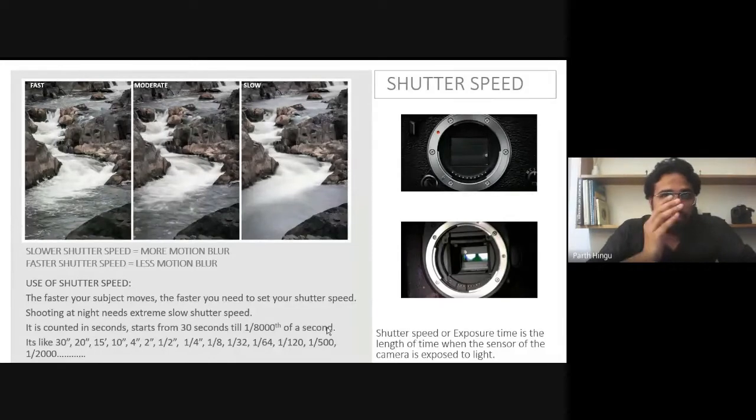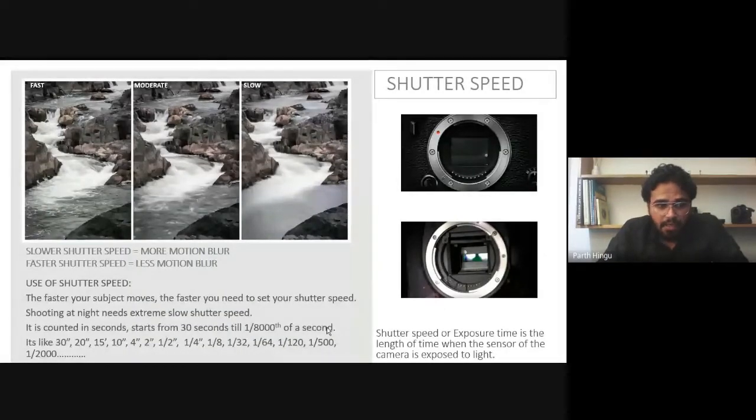And if you want to take some pictures at night time, you just need to slow down the shutter speed. You need to go from 1 second, like 2 seconds, 4 seconds. When I used to click stars or astrophotography, it was around 25 to 15 seconds or something around that. So you need to allow the light in as much as possible.